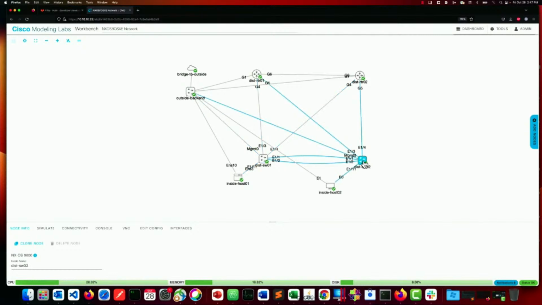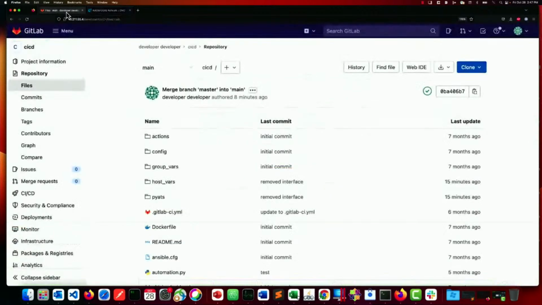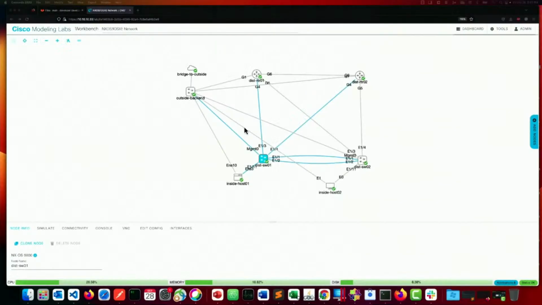So you have your 2 devices, NXOS switches, Nexus 9000 Vs. They already have a configuration. OSPF is already configured on all the devices. Routing is working as expected, everything is propagated. And that's my GitLab